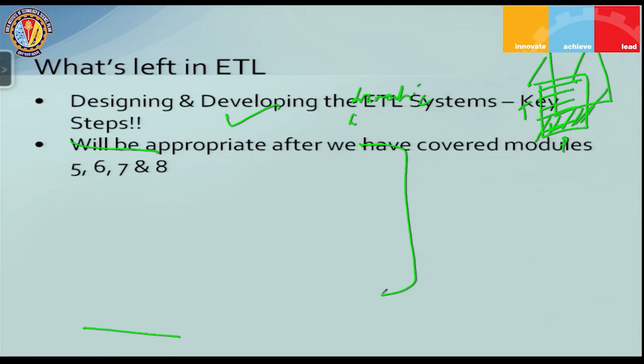Then sixth is on OLAP and multidimensional databases. Again, there were a lot of references for this. Then seventh is about query performance enhancing techniques. Again, aggregates and some other concepts, indexing, these were covered in some of the subsystems in the ETL, so they also need some more inputs from module 7. And then finally module 8, that is on metadata. Once we have discussed 5, 6, 7 and 8, we'll come back to designing and developing the